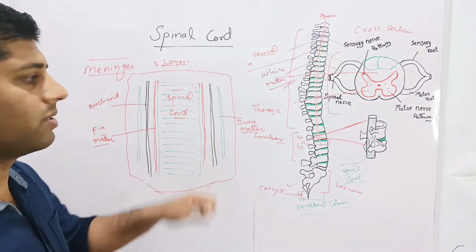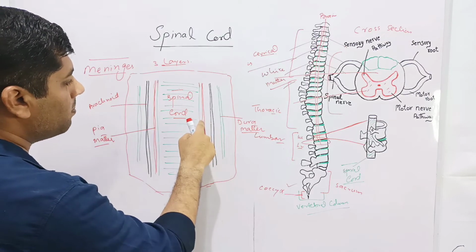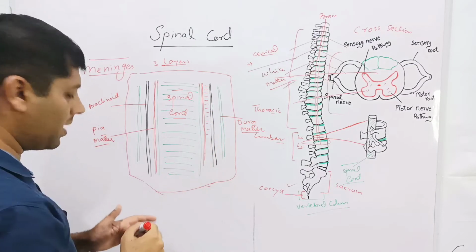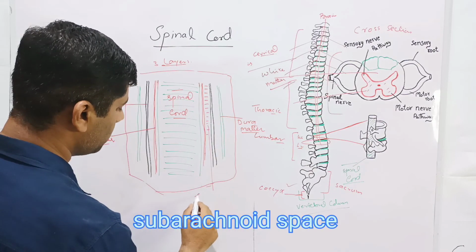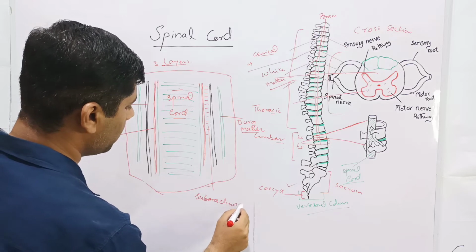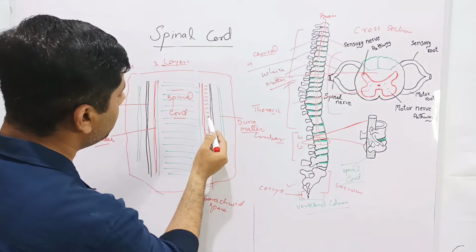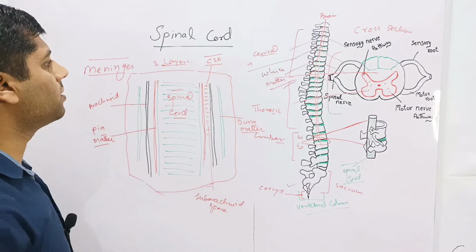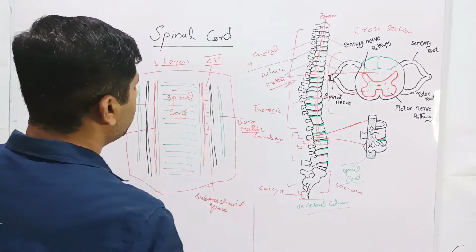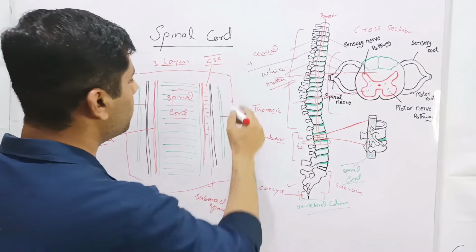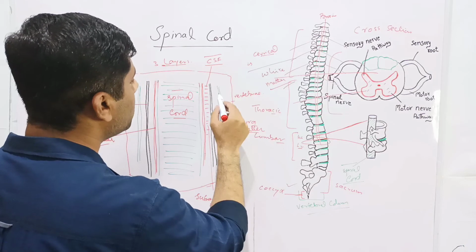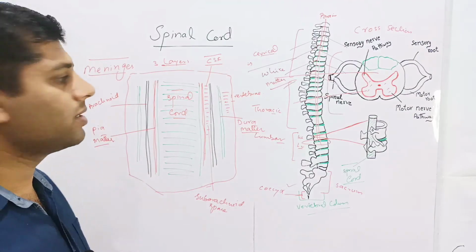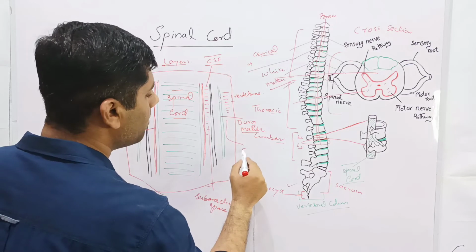Now there are spaces between these layers. The space between the pia mater and arachnoid is called the subarachnoid space, because it lies beneath the arachnoid. It is filled with cerebrospinal fluid (CSF), which is the protective cushion of the spinal cord. Then between the dura mater and the outer vertebral column, or vertebrae, the space or gap is filled with adipose tissue and blood vessels, and this space is called the epidural space